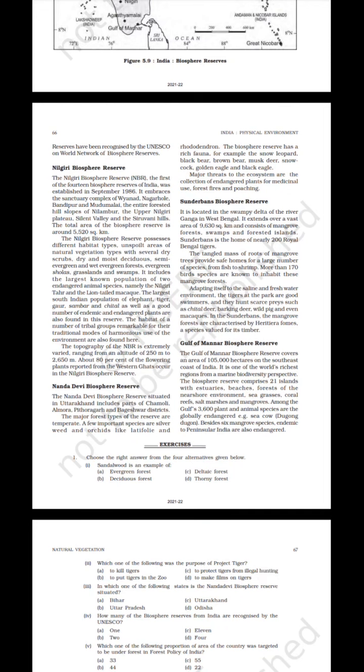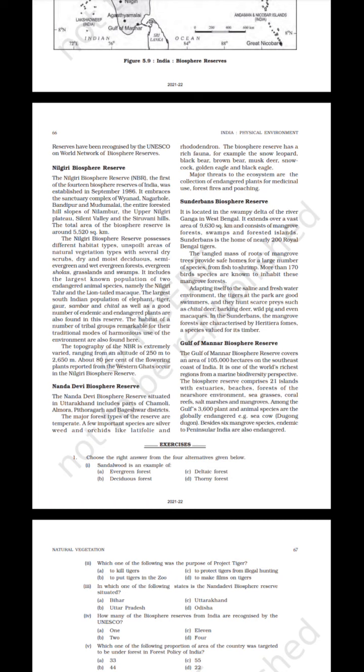The total area of the Biosphere Reserve is around 5,520 square kilometers. The Nilgiri Biosphere Reserve possesses different habitat types and patches of natural vegetation types, with several dry scrubs, dry and moist deciduous, semi-evergreen and wet evergreen forests, evergreen sholas, grassland and swamps. It includes the largest known population of two endangered animal species, namely the Nilgiri tahr and the lion-tailed macaque, the largest South Indian population of elephant, tiger, gaur, sambar and cheetal,